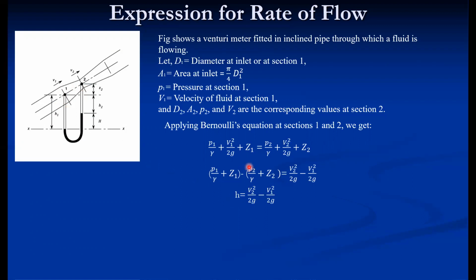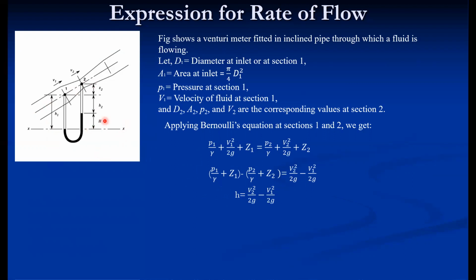So if pressure gauges are fitted here, then pressure gauges only give the values of P1 and P2. Then we have to measure the elevation at these 2 points in order to calculate this difference in piezometric head. But in this particular situation, it directly gives the h value. That h is the difference in piezometric head. So we can calculate that by using the manometer readings.